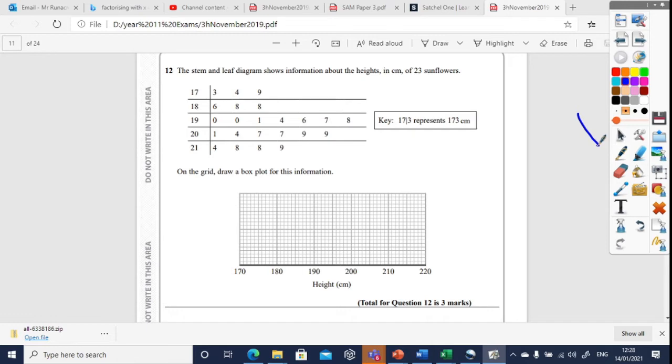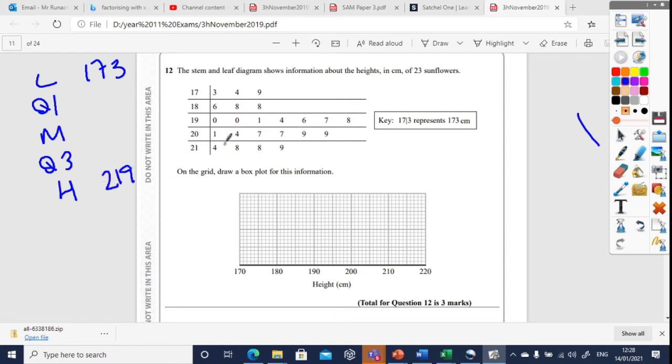Okay, so here's my stem and leaf diagram with 23 flowers. I essentially have to draw it into a box plot. For my box plot, I need my lowest value, my lower quartile, my median, my upper quartile, and my highest value. My lowest value is 173. I can read that off the stem and leaf. My highest one is